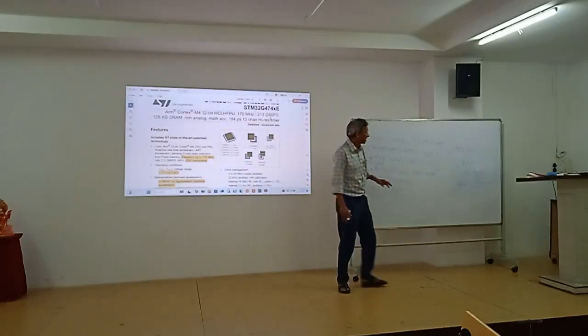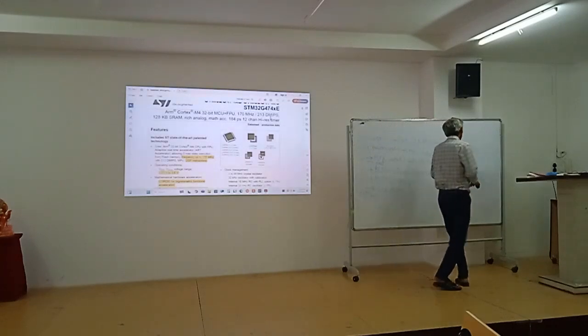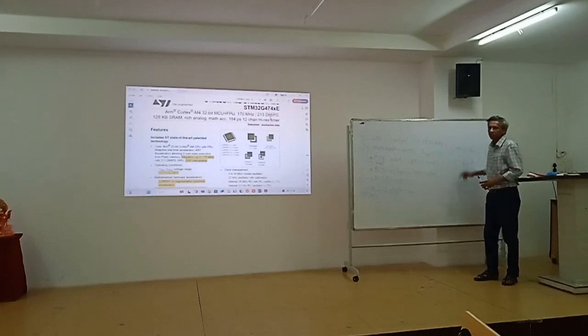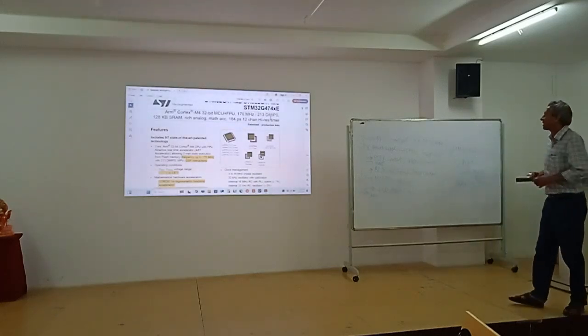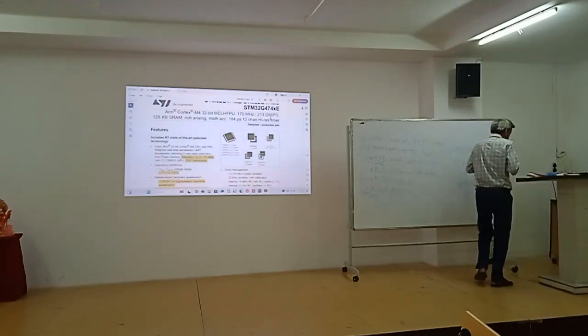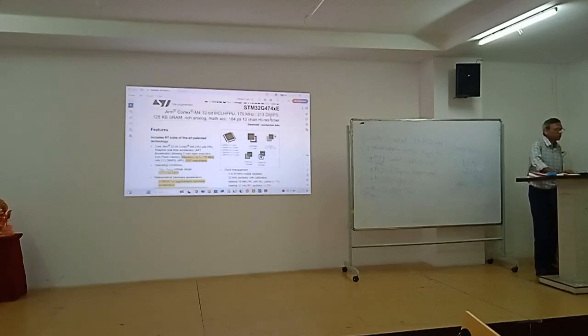So the controller which qualifies for this is, for example, one of the 32-bit controllers that I am going to discuss today, the STM32